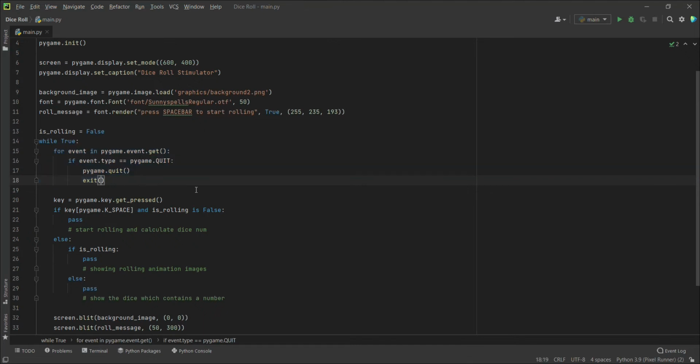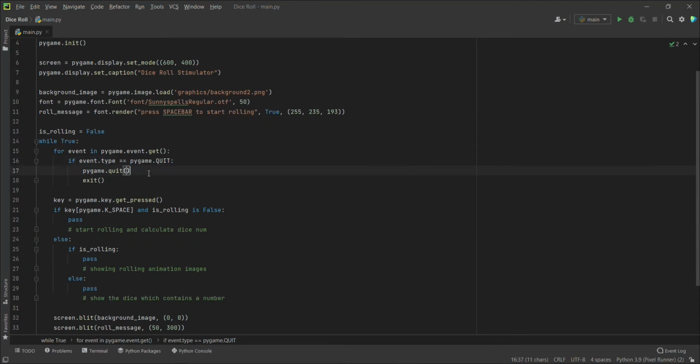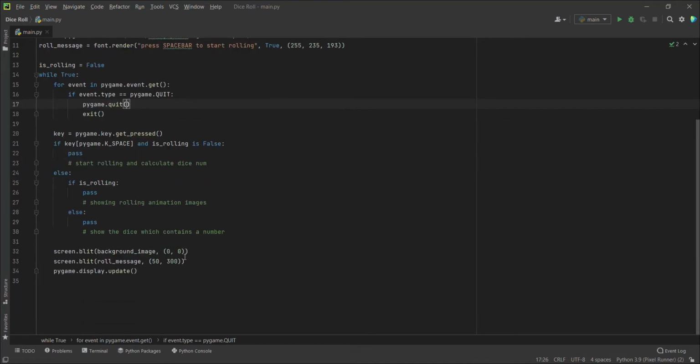Basically we got all the events that could occur in Pygame through this, and from this we are checking if the event type is pygame.QUIT, which occurs when you hit the X button on the top right corner of the Pygame window. If that event has occurred, we will quit Pygame and also exit our Python program. After that we are drawing our background image and also the text we have created above, and updating